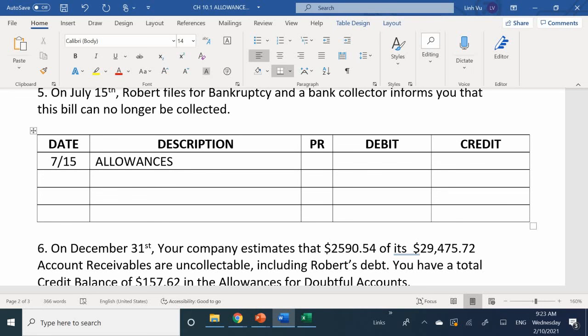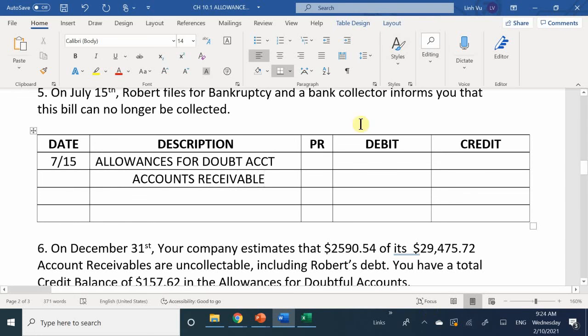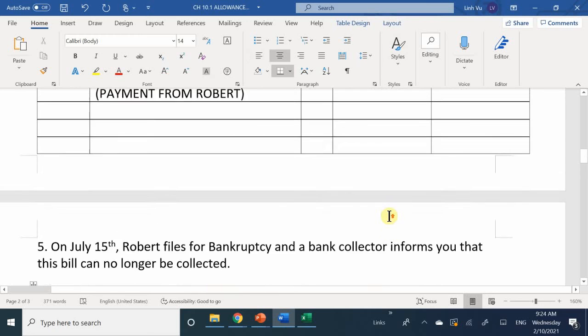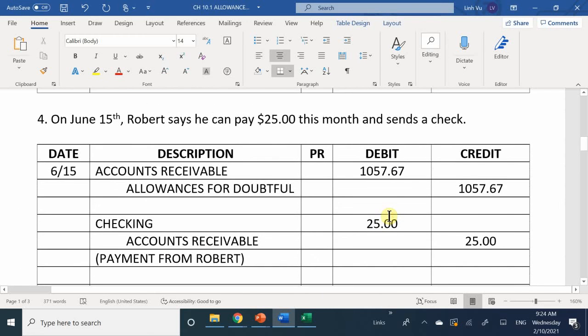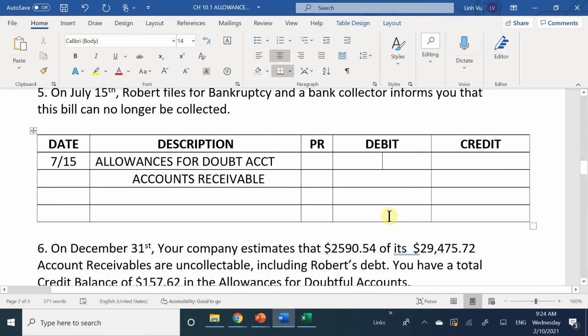So in this case, allowance for doubtful accounts. And this one is taking it right away out from accounts receivable. Okay, so how much does he owe me now? 1032.67. Okay, and again,